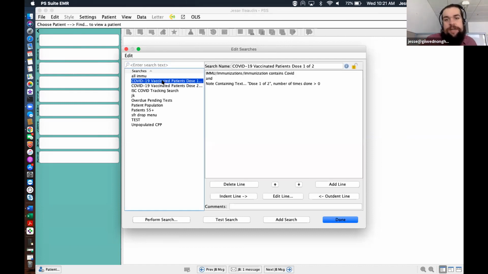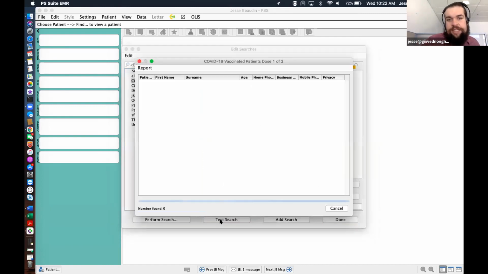So for example, one of my searches is looking for any patient in the immunization section of the CPP. If any of that information contains the word COVID and also a note saying dose 1 of 2, I can then assume that this patient has at least received 1 dose of the Pfizer vaccine or the Moderna vaccine. So if I test that search out,